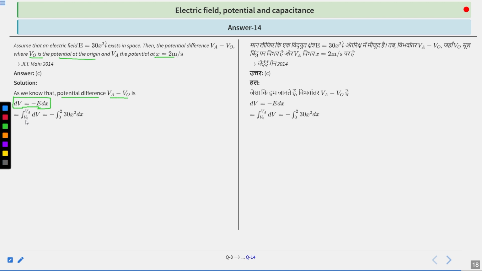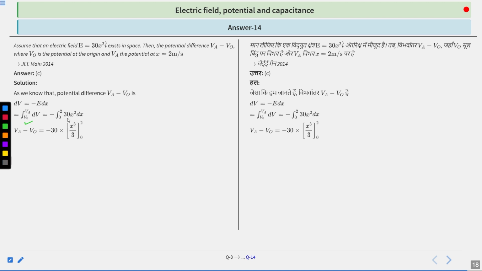So at the origin the limit is 0, and at x is equal to 2 meter it is 2. And E is given, so put the value of E, 30x square dx. Solving this integration, you will get VA minus VO equal to